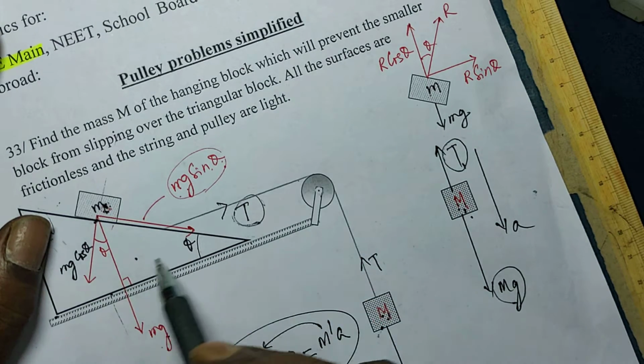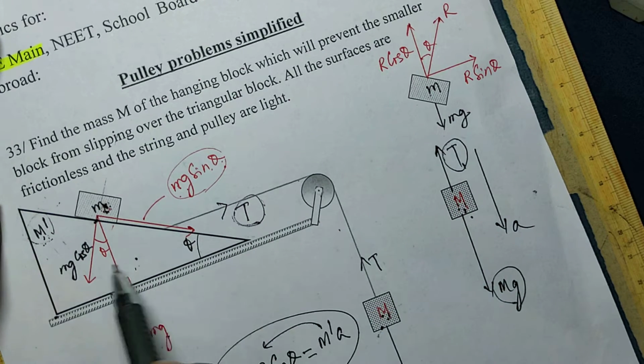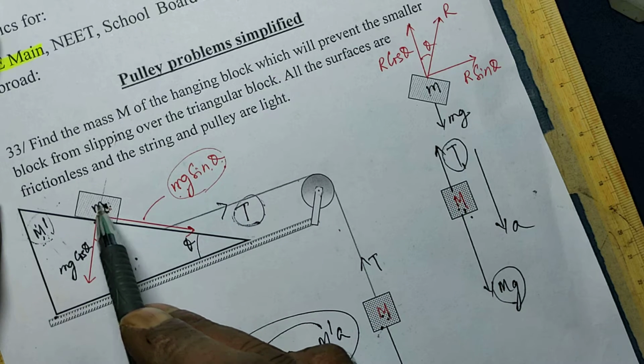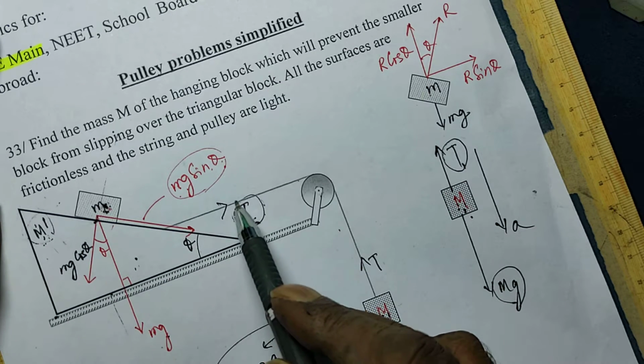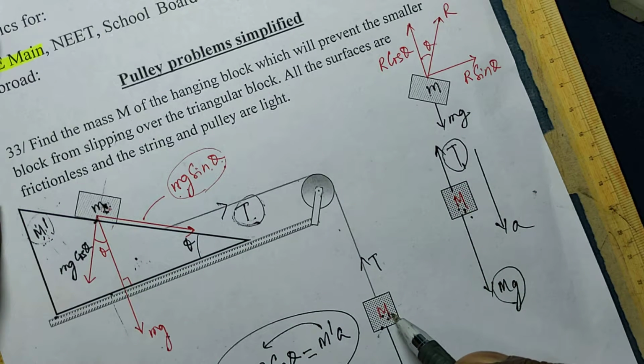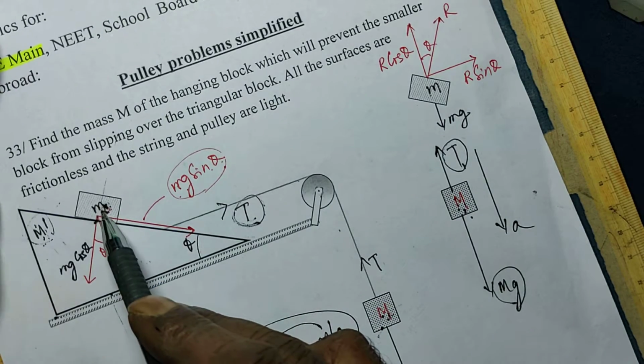Look, this T is because of this string which is connected to m dash. This string is not connected to this small m. So, T is for only this block m dash and for this hanging mass m, not for this. So, for this,